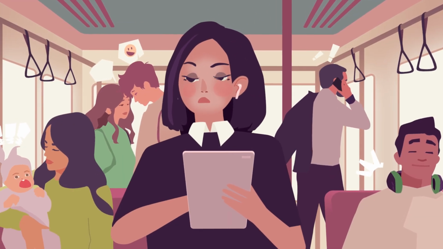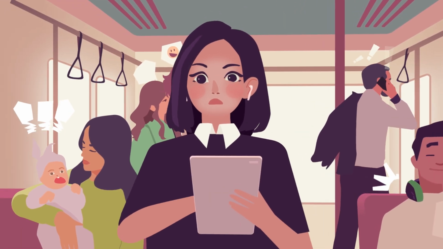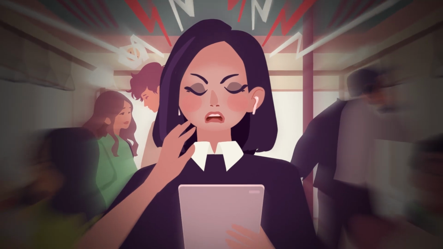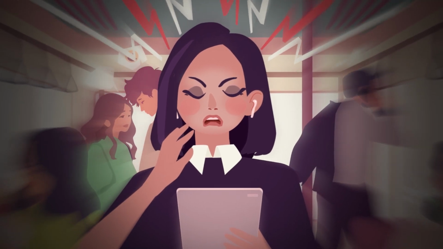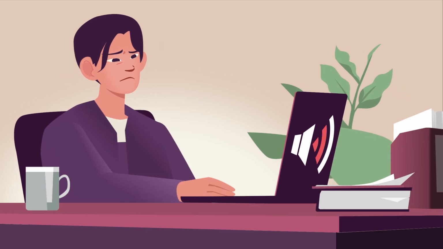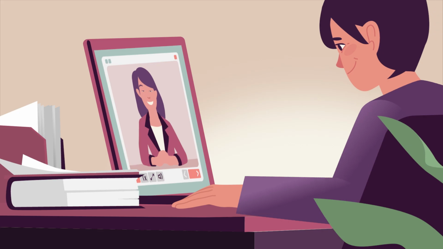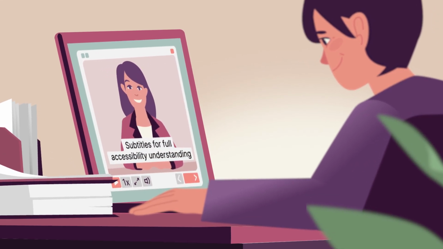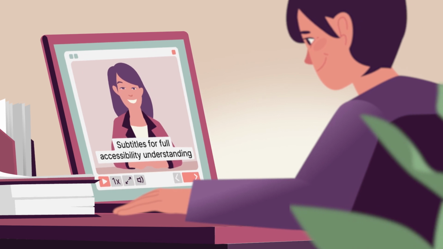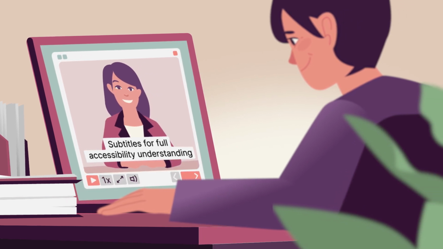Learners don't always have the time to take courses in the comfort of their homes. Commutes and busy public environments can make it difficult to listen to course audio. For people with hearing disabilities, accessing the content can be an even greater challenge. Now your learners will no longer have difficulty accessing audio and video-based materials thanks to the new subtitles feature in